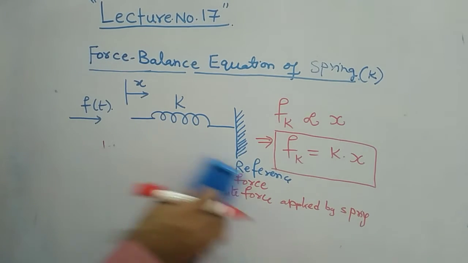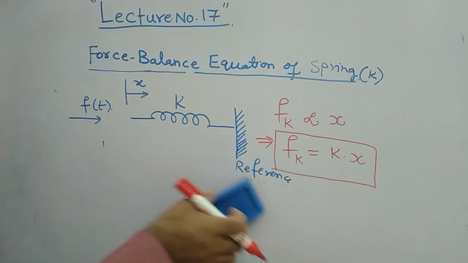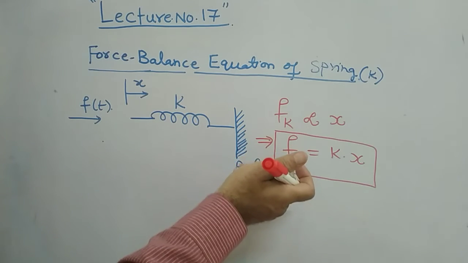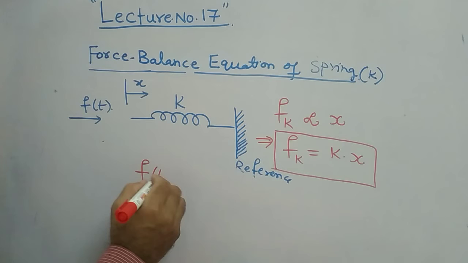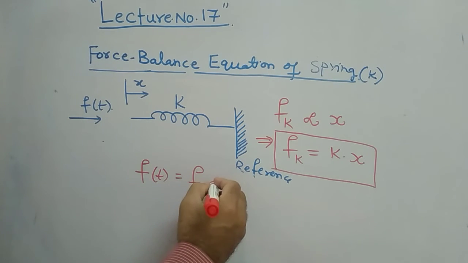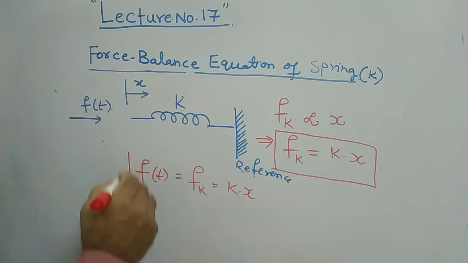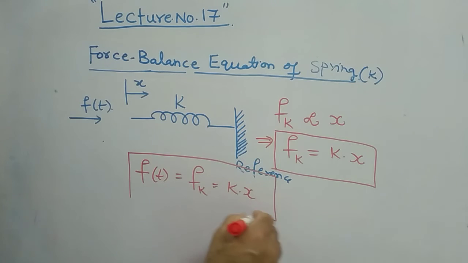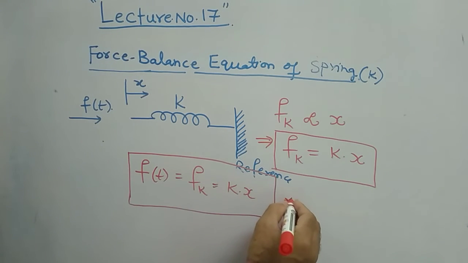I will write here for you. So this is your Fk is equal to f of t, or f of t is equal to f suffix k. This is equal to k into x. This is the force balance equation for the spring element. This is the force balance equation, F is equal to k into x. And sometimes